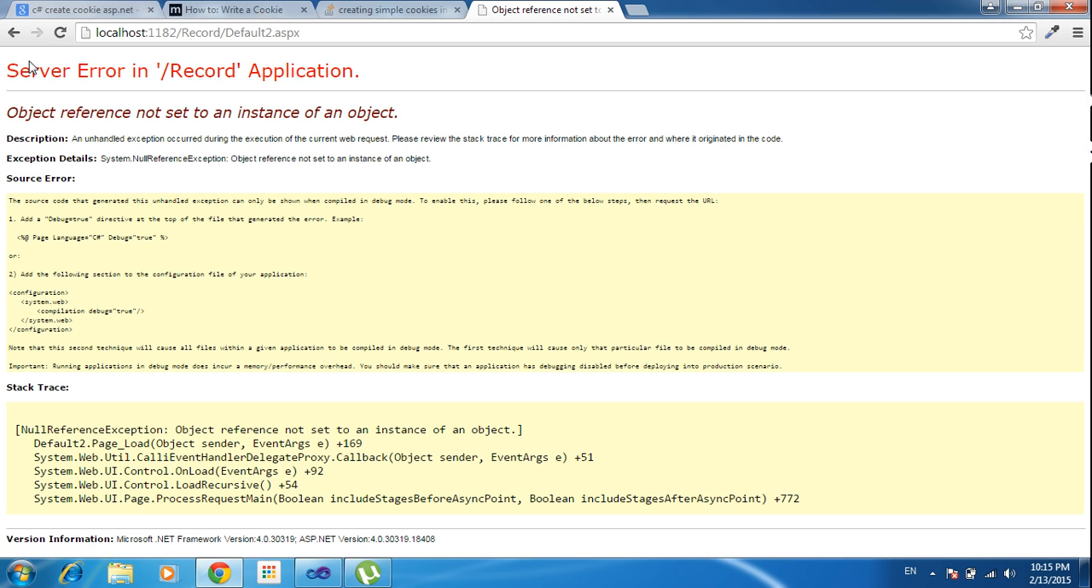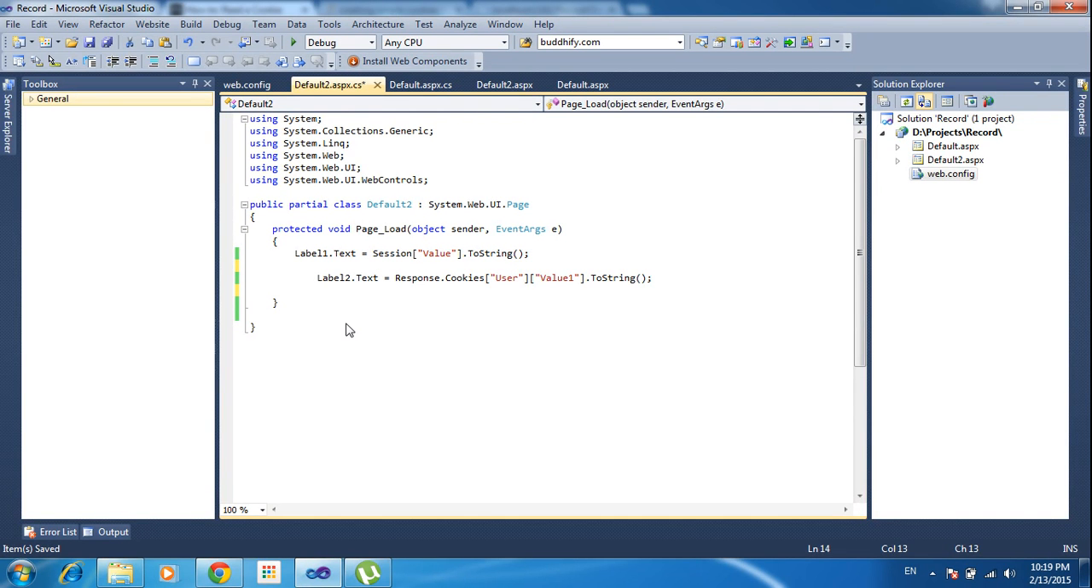Here, method 1, I am clicking. So I made some mistakes. First of all, I need to correct those mistakes. After that, I will run the project. The error was because I am reading the cookies, not writing the cookies. So first of all I need to